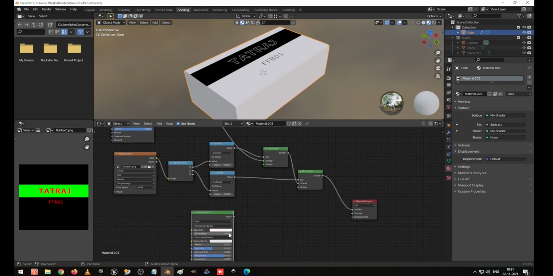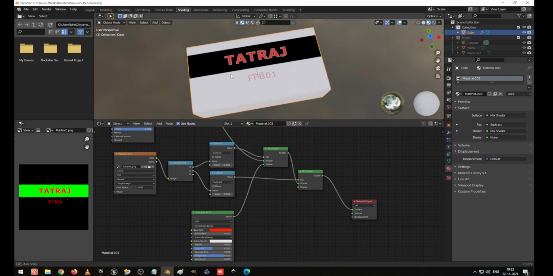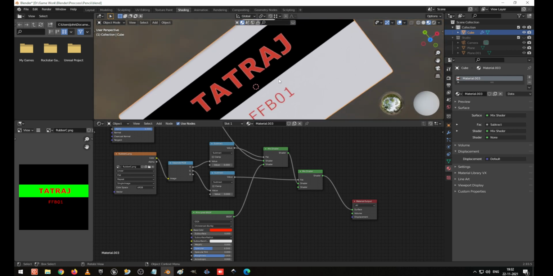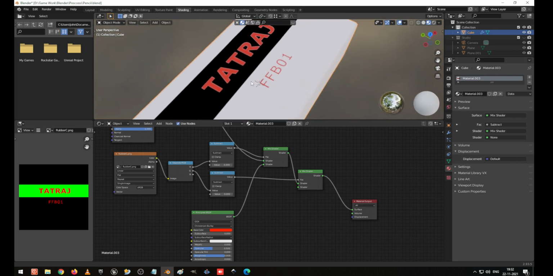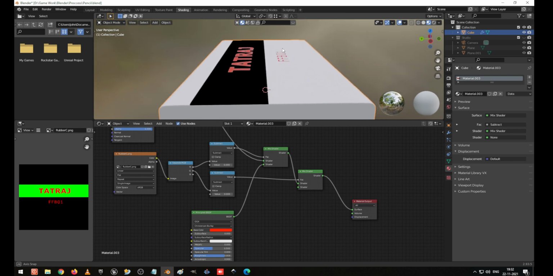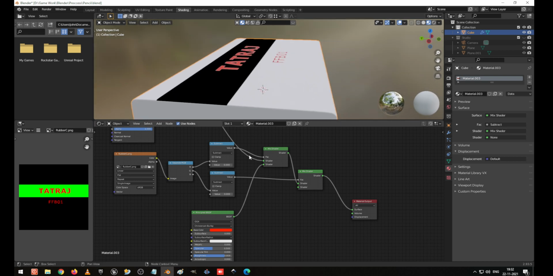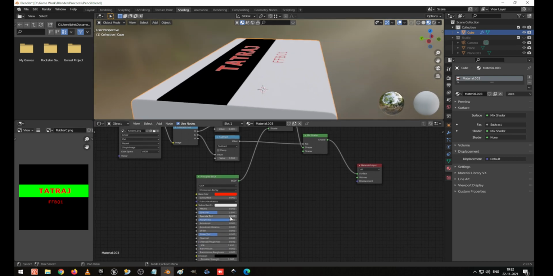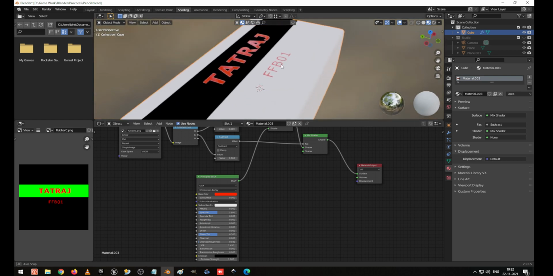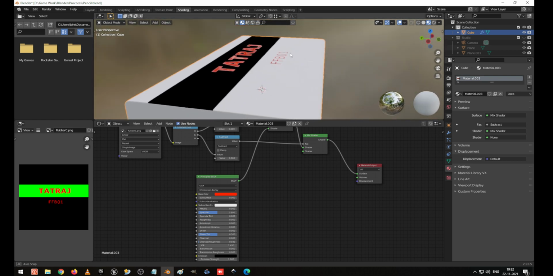Which one is red now? Red is the text for us. Red I am going to give as red only. I am going to connect this to the second shader in this. Now it's getting updated. Now we can see that the text is in red color, which is required for us. So what I am going to do is give the text roughness 0, which will be shiny for us, which looks nice.